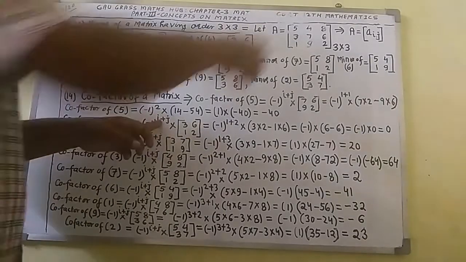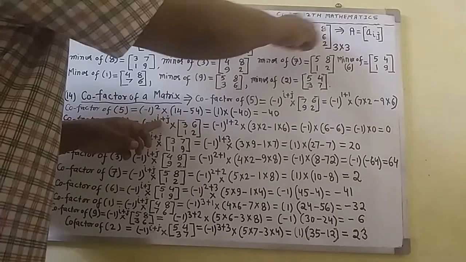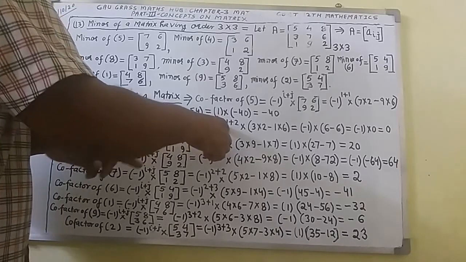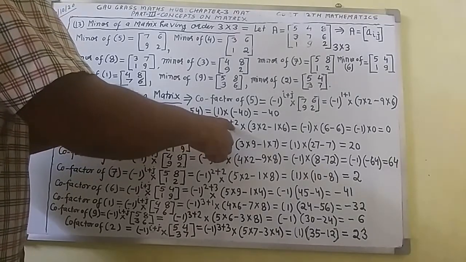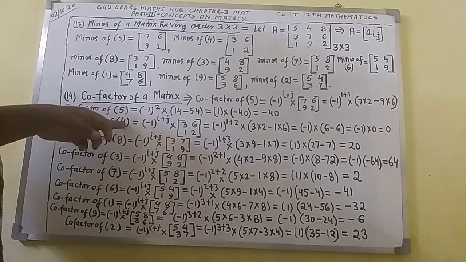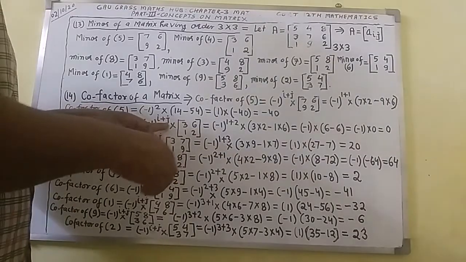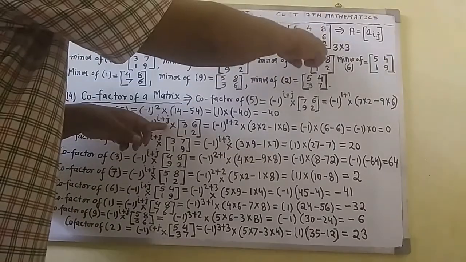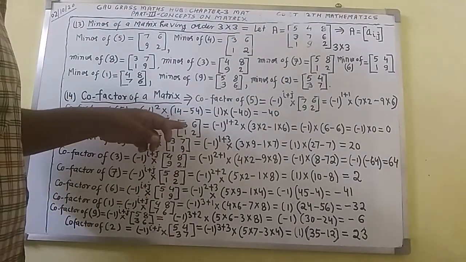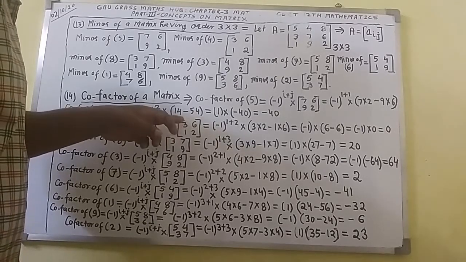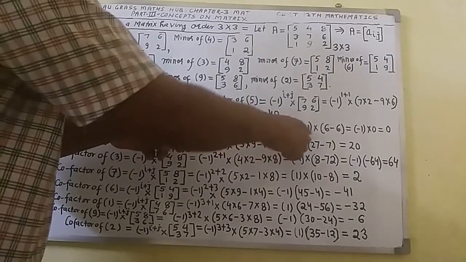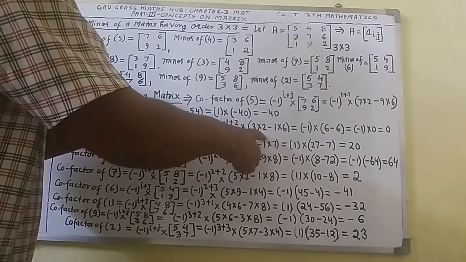So here you can see 4 is there in the first row. For the first row we will write here 1, plus small j, which represents the column position of element 4. 4 is there in the second column, so for the second column we will write here 2, into the elements of the principal diagonal multiplied together. So 3 will multiply with 2, we get 6.